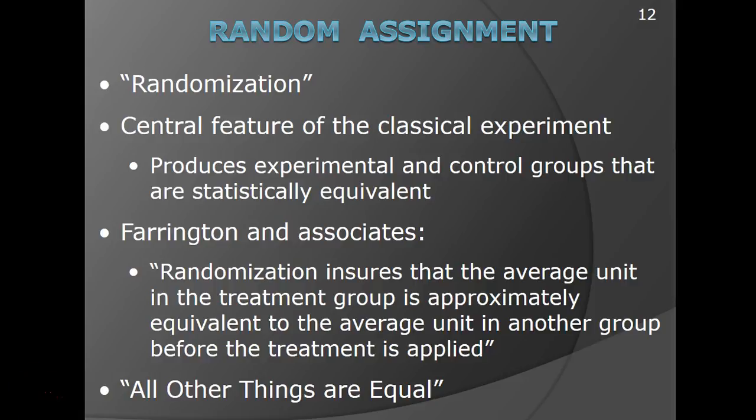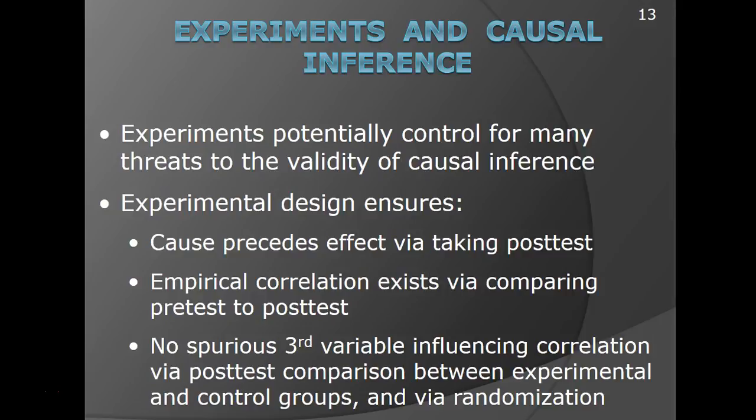Randomization is very important when we're looking at the experimental groups. It is the central feature of the classical experiment. It produces the two groups that are as statistically equivalent as we can make them. The classical experiment, when it is completed as it should be, would reduce the threats to the validity of